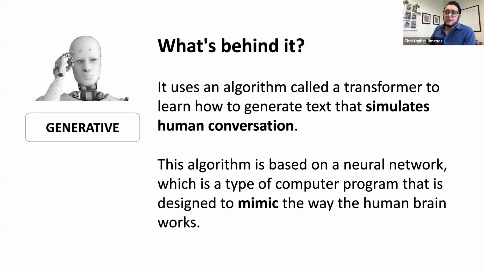So what's behind it? Well, of course, it uses an algorithm called a transformer. That's why GPT, it's a transformer to learn how to generate text that simulates human conversation. This algorithm is based on a neural network, which is a computer program that's designed to mimic the way the human brain works. And I really wanted to kind of dwell on this